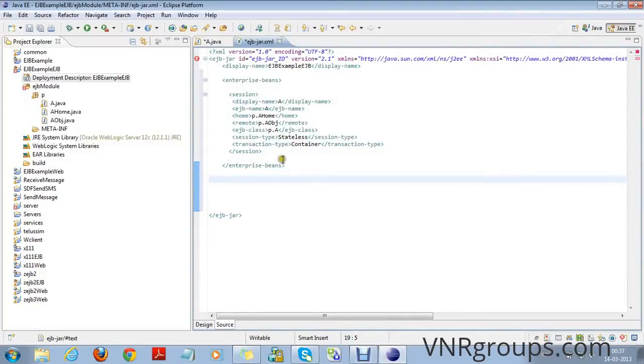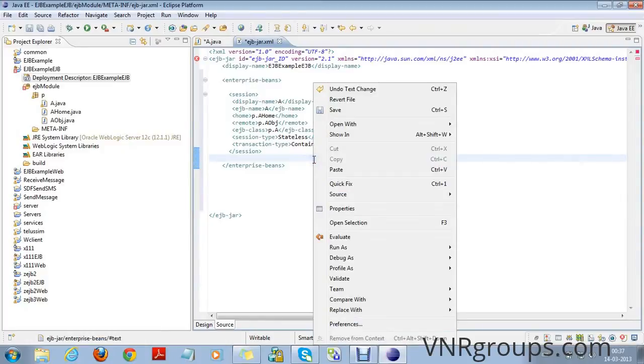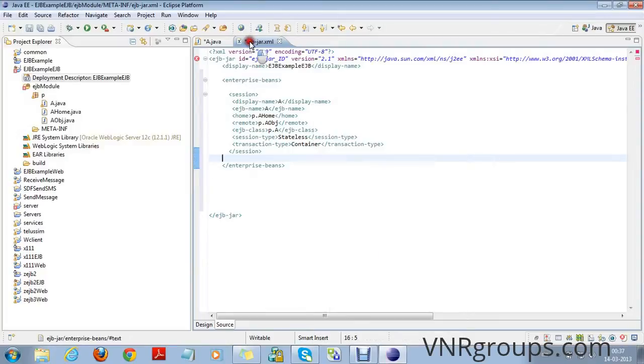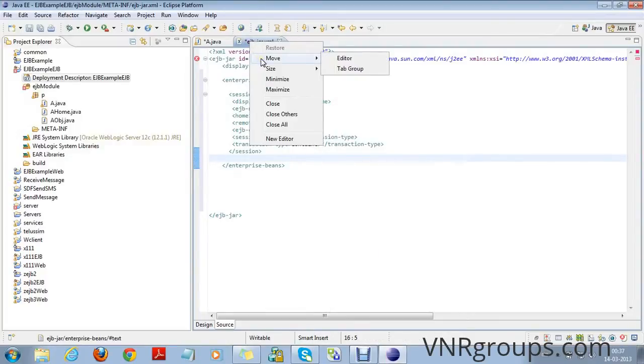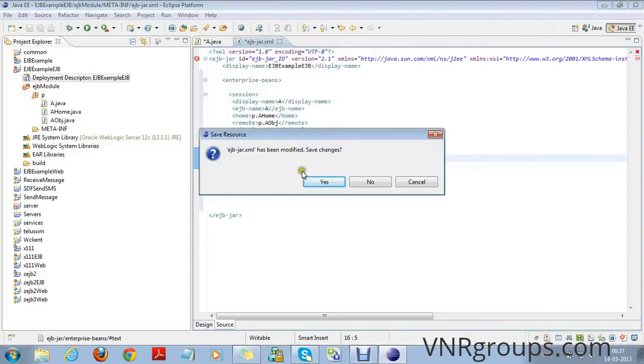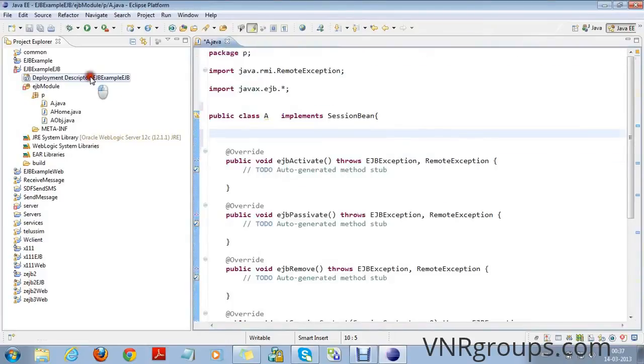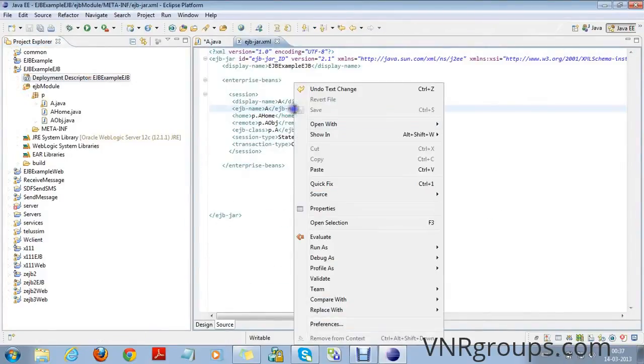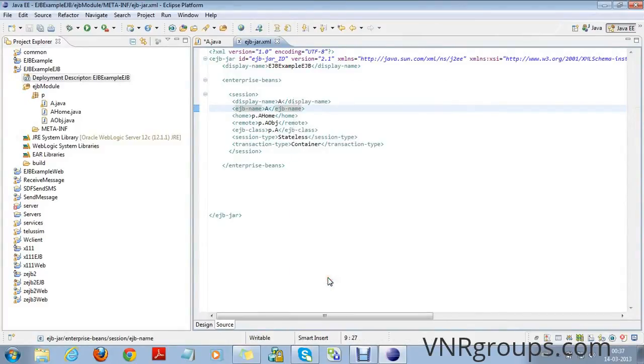Now, to validate this XML file, first we save the file, right click validate, so there are no errors.